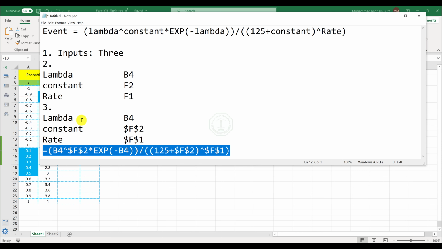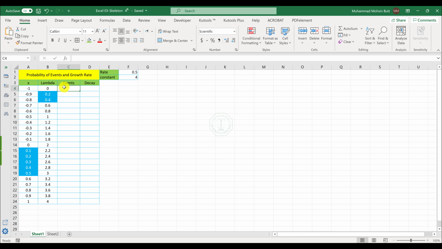So this will be the equation that I will use to calculate the events,